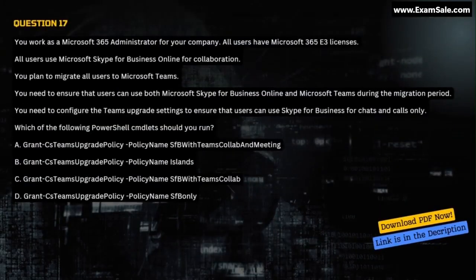Question 17. You work as a Microsoft 365 administrator for your company. All users have Microsoft 365 E3 licenses. All users use Microsoft Skype for Business Online for collaboration. You plan to migrate all users to Microsoft Teams. You need to ensure that users can use both Microsoft Skype for Business Online and Microsoft Teams during the migration period. You need to configure the Teams upgrade settings to ensure that users can use Skype for Business for chats